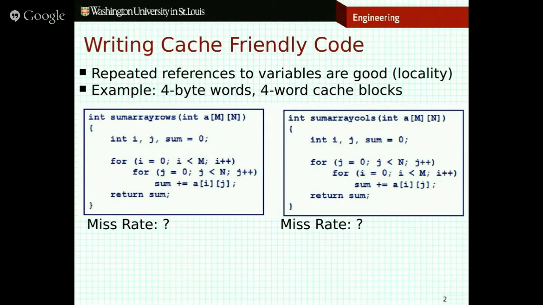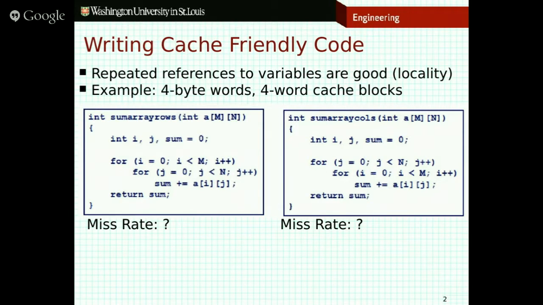In this particular example, we're assuming we've got 4-byte words, right? So if I take a trip to memory, I have to pull stuff back in chunks of 4 bytes. And my cache blocks are going to be 4 words long. So my cache blocks will be 16 bytes long. So if we look at this first case,